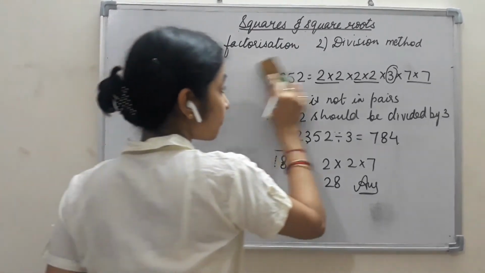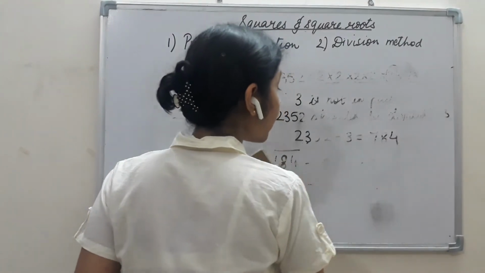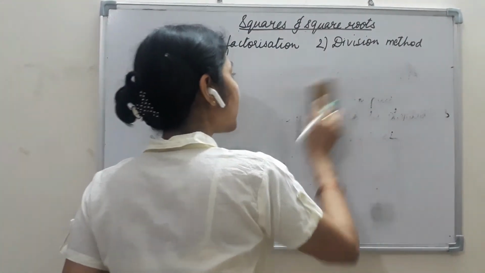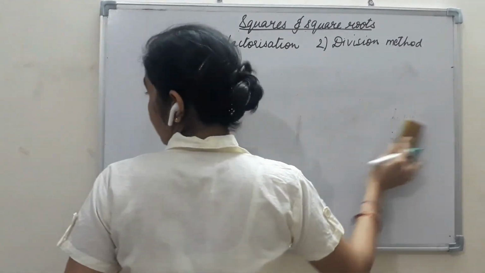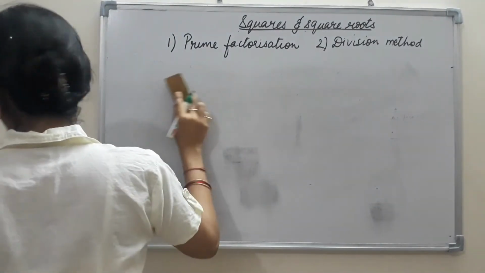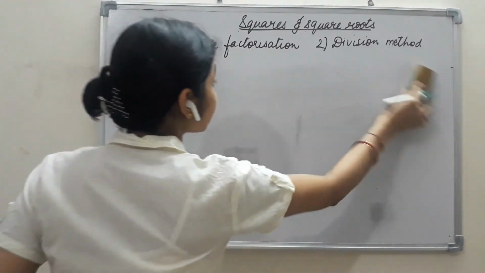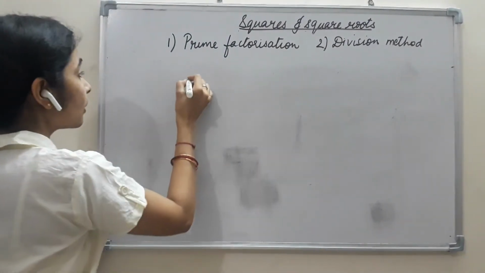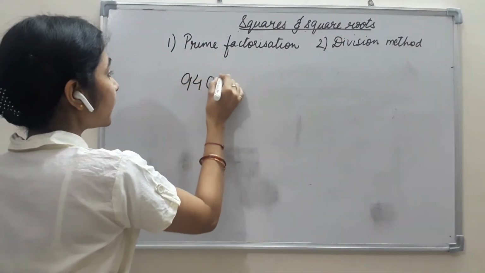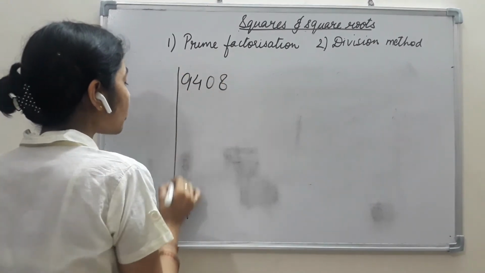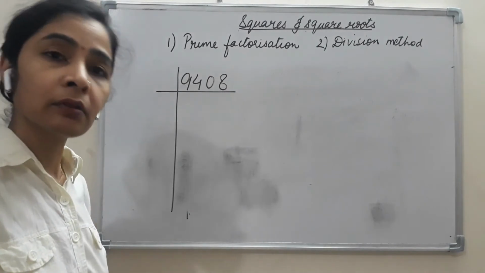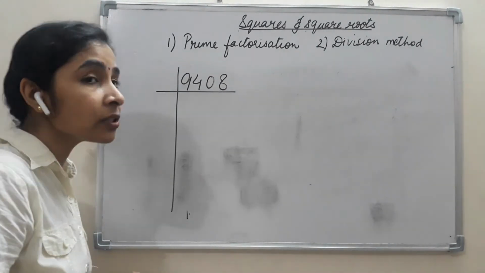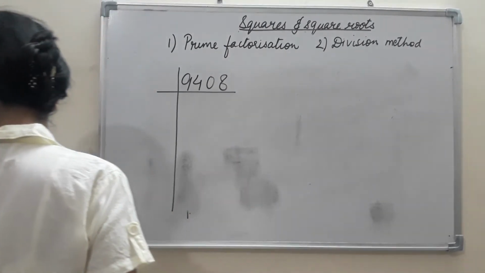Okay, now let us take one more example in which we will find out by what a particular number should be divided. Though we have already done it, we will take one more example so that it is more clear to you. Now here a number is given to us, 9408. Again it is not a perfect square number. Why? Because 8 is on the units place, and when there is 8 at the units place, that means the number is not a perfect square number.